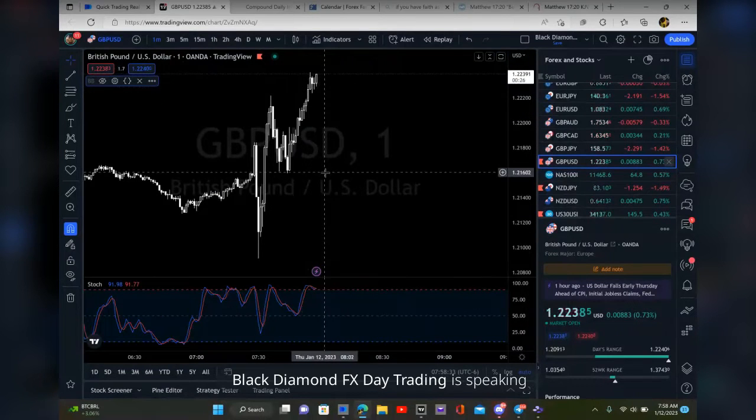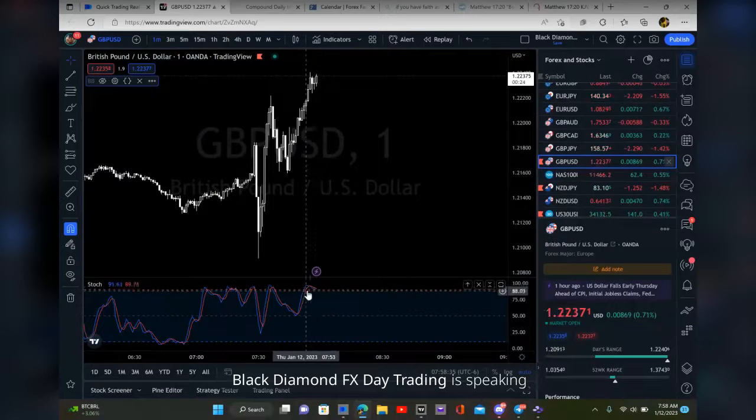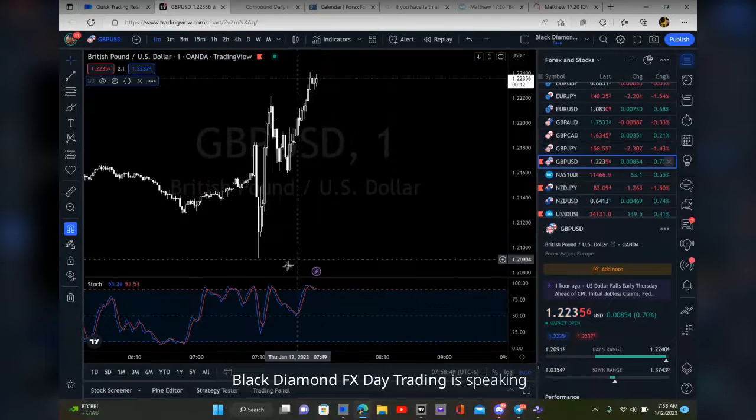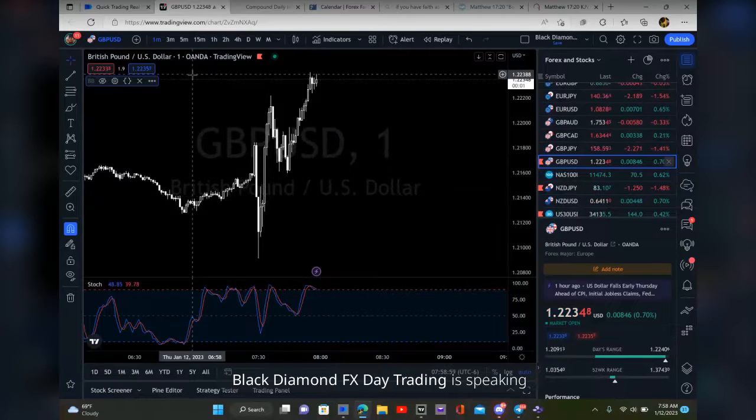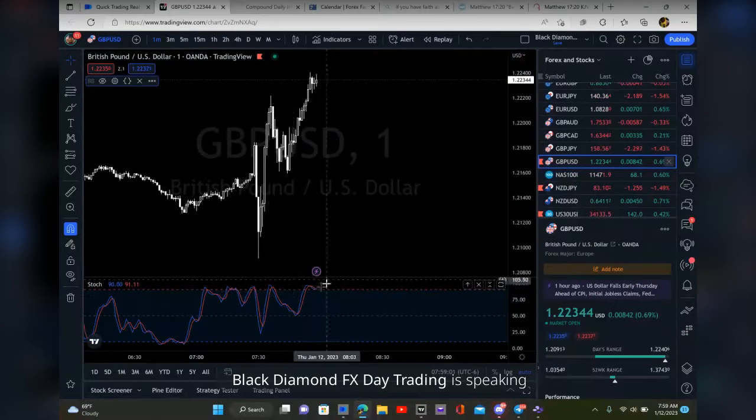Remember what I said? I don't like to get in right here when it's like this. And good thing we didn't. Even though it had crossed and was coming down, it wasn't down. I like to see a nice cross right here and it's coming down. I like this, not this, when it's crossed here and it's slanted almost, moving sideways almost. So I like to see a more definitive cross.